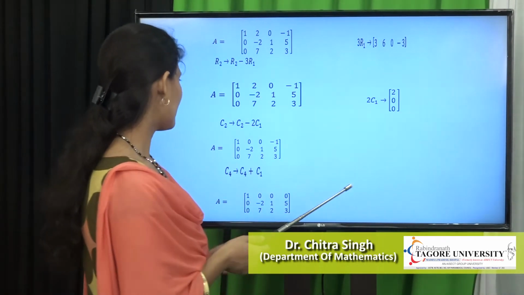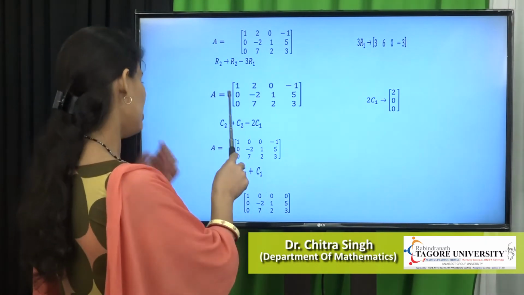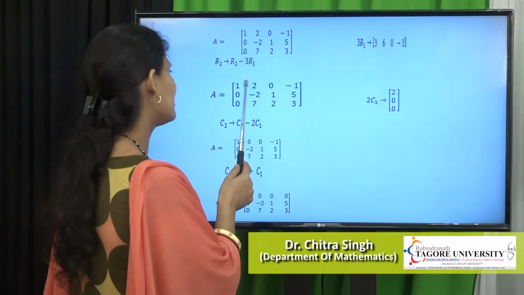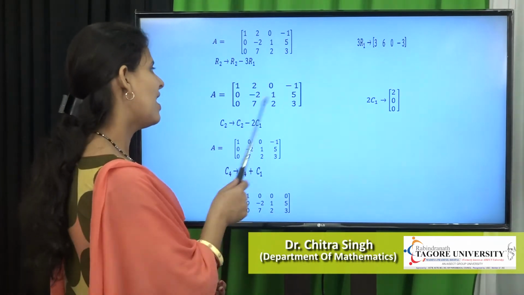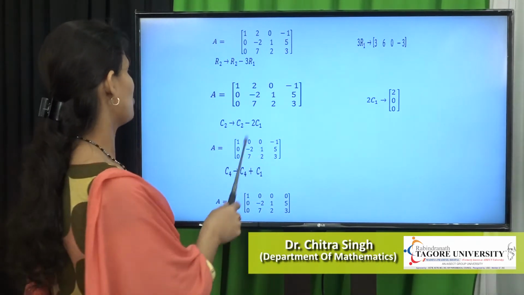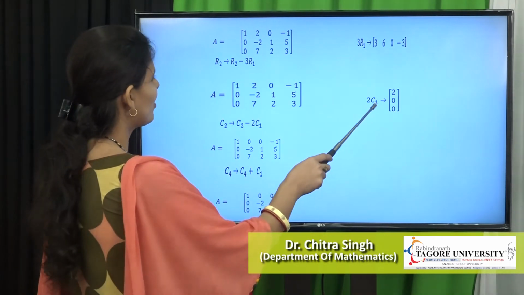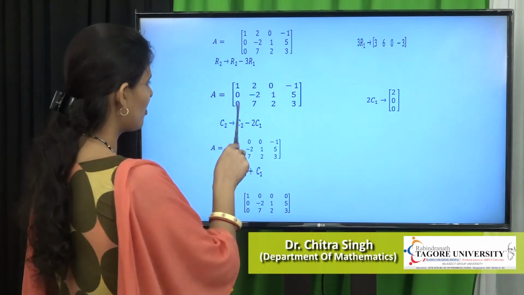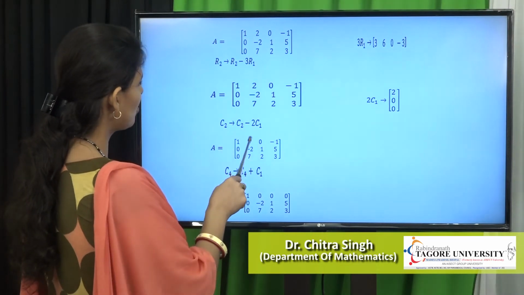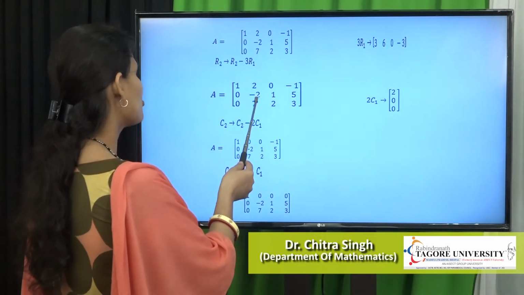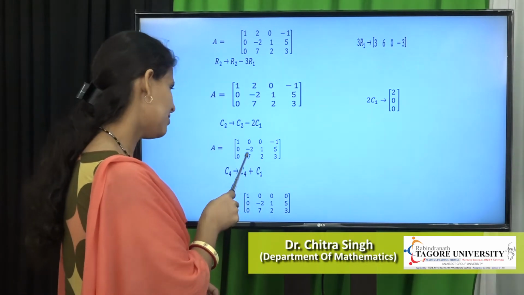So then you start the process using column operations. So C2 tends to C2 minus 2C1. Use A11 as a pivot. So 1 is simplified, you multiply by appropriate multipliers and reduce the other elements of the matrix to 0. So C2 minus 2C1 you get the C2 column. So 2C1 is 2, 0, 0, the column C1 multiplied by 2. So 2, 0, 0, so you subtract: 2 minus 2 you get 0, minus 2, 7. Because minus 2 minus 0 you also get minus 2, 7 minus 0 you also get 7.